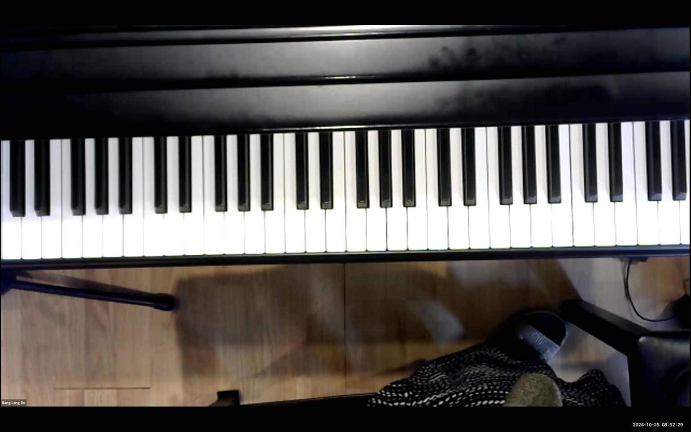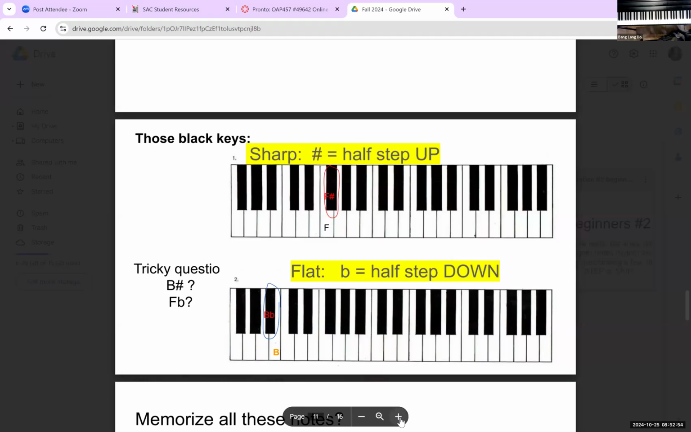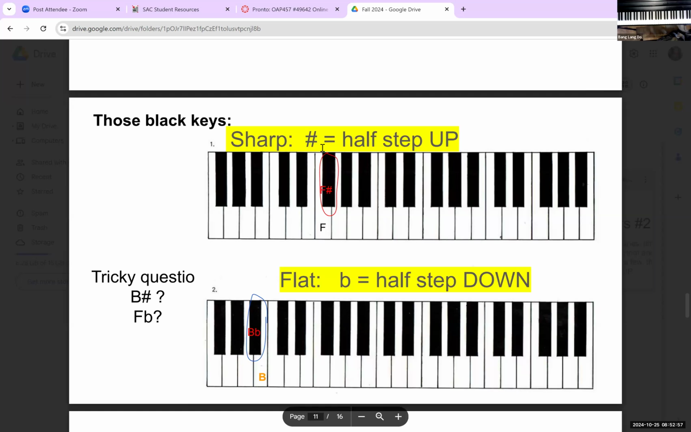So let me find you the flats and sharps. Okay, here we go. Oops, share screen. Sharp just means the tic-tac-toe, the hashtag. When you see a note and there's this hashtag next to it, it means instead of playing F, play it half step up from there. If this hashtag was next to F,